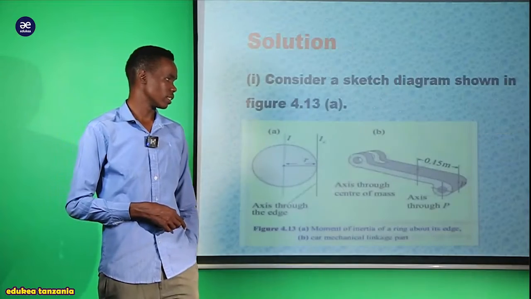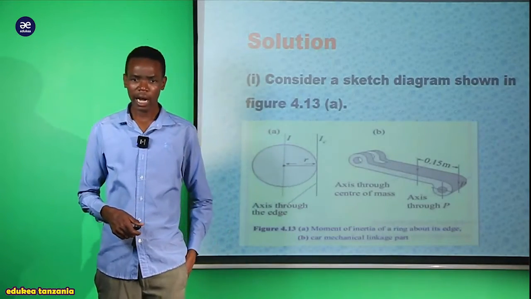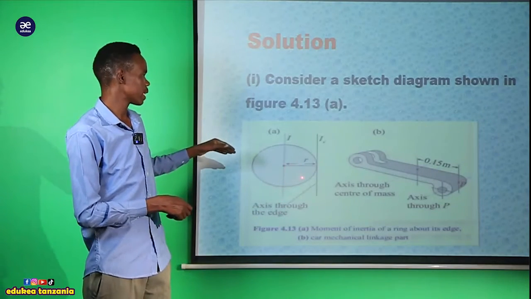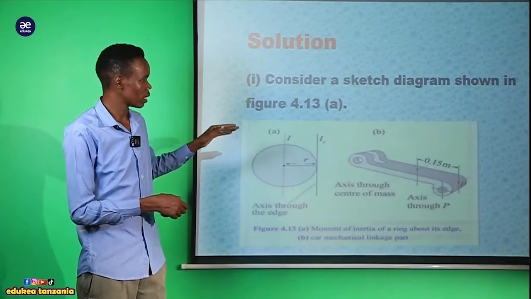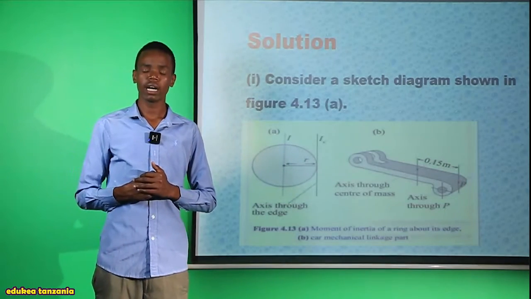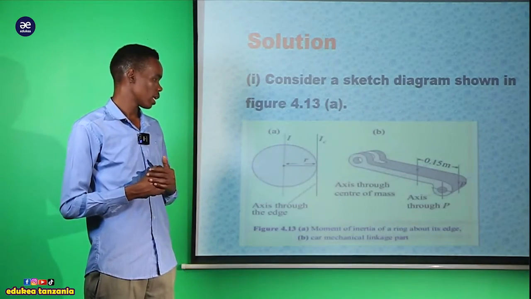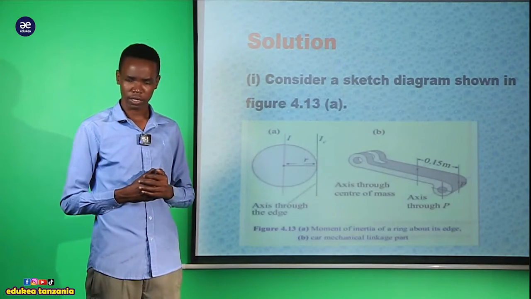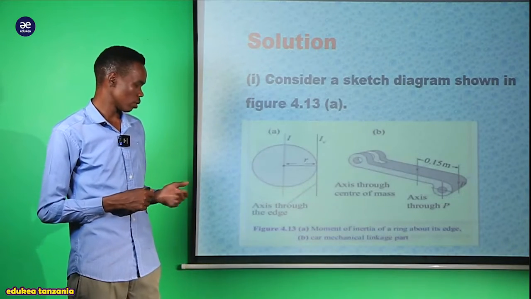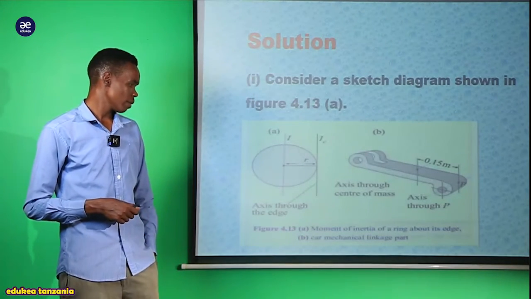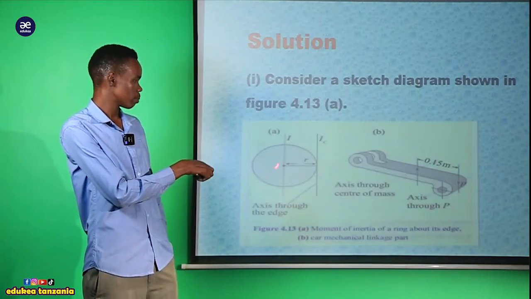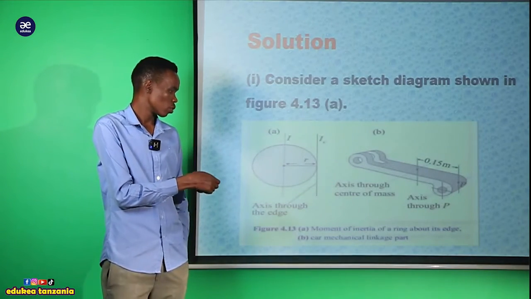So here, as we observe our figure, the first one represents figure number 13 on our first topic, Roman A, and the second represents figure number 13 for our fourth topic here, Roman B. So my lovely student, the moment of inertia of a ring about its edge. So this represents the moment of inertia through its